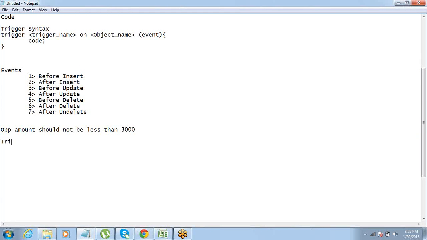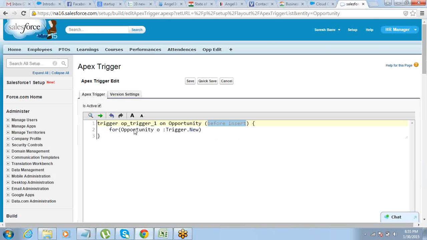So Trigger.new returns the record in context in case of an insert operation. When the insert operation is happening, the record which is getting inserted is returned using Trigger.new. So I define a variable for that new record, Opportunity o equals Trigger.new, and then here I can write